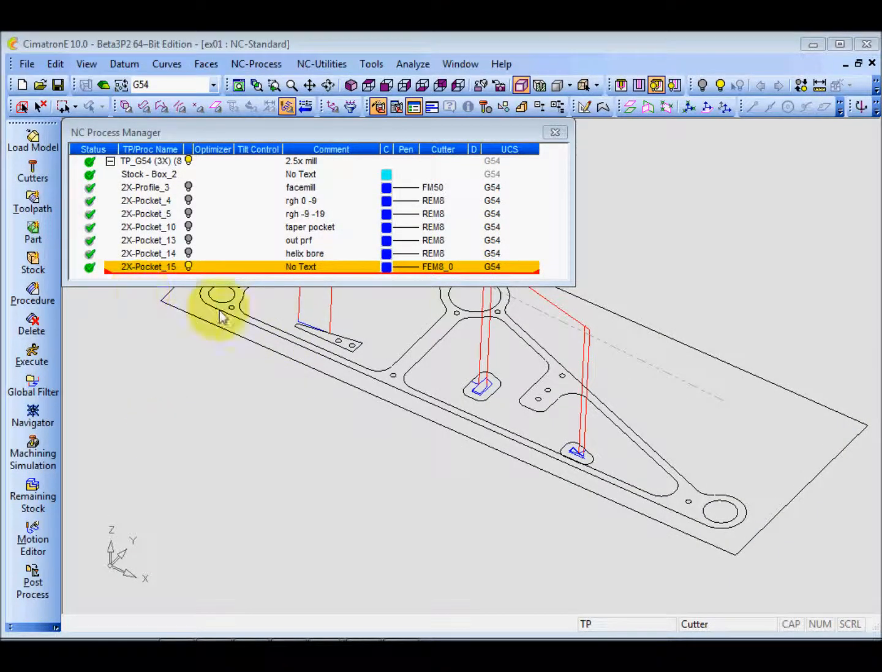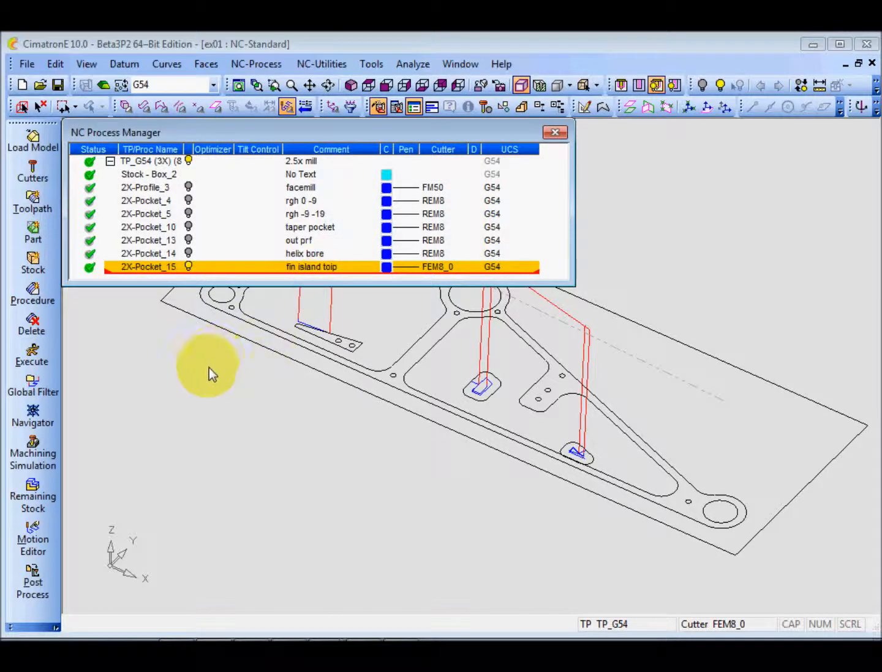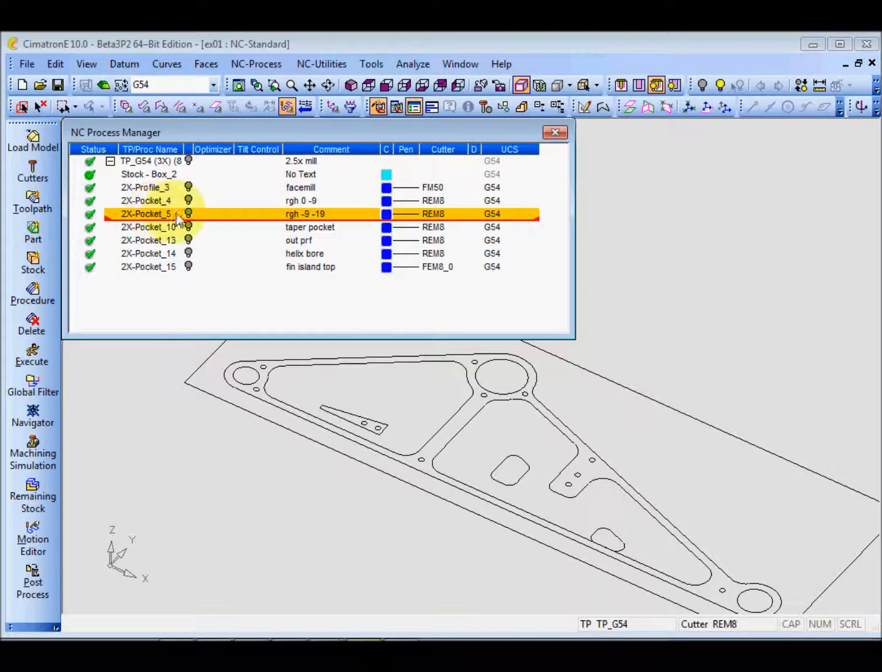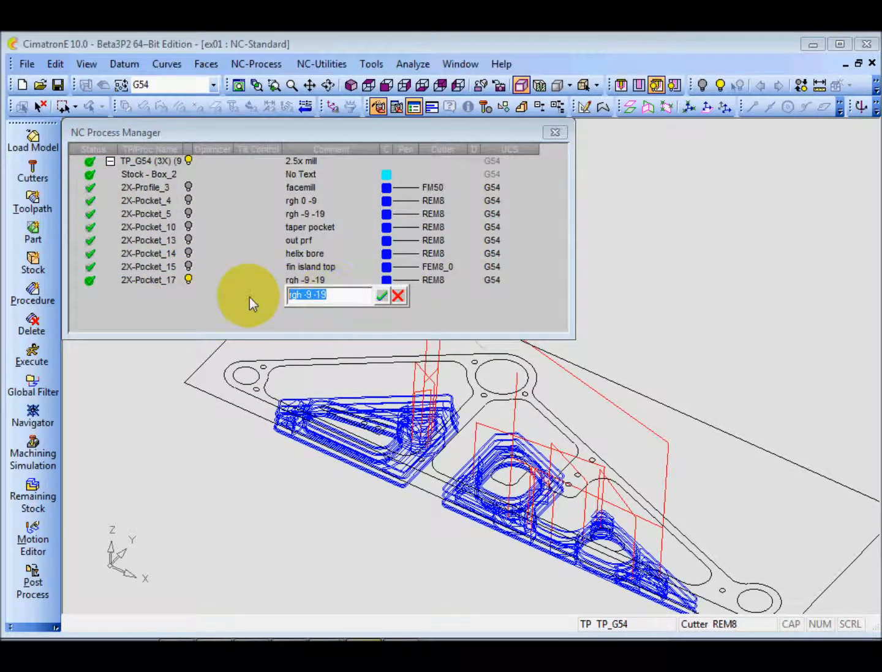So I will say finish island top. Okay. Okay, we have finished the island top. Next, we're going to finish the inner regions. So I will copy this, make a copy of this process and put here. And I will name this finish